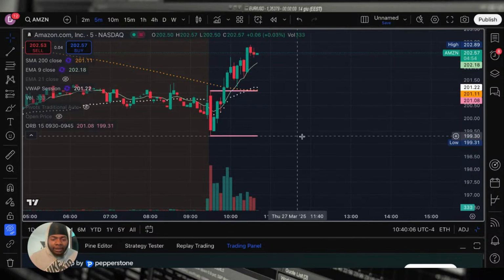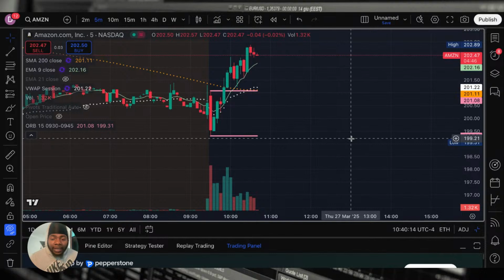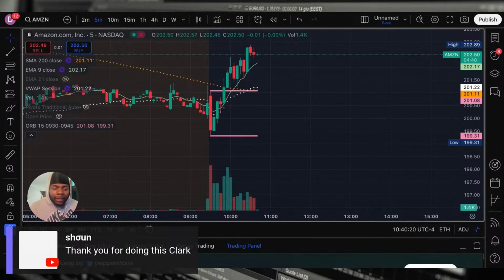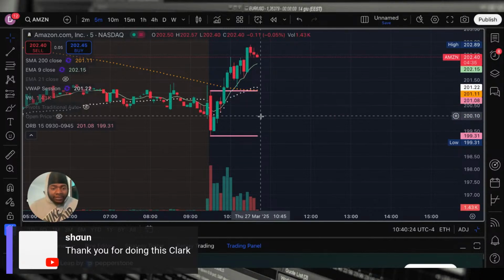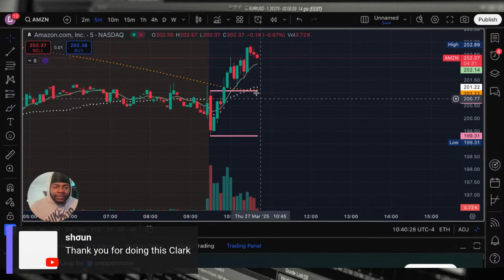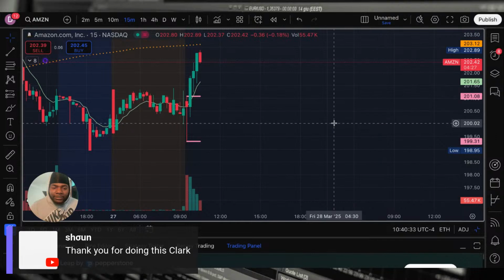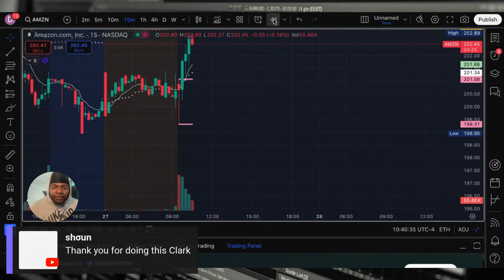If I'm scanning through my chart, I see these 2 pink candles. I'm like, all right, ORB is nothing but the open range breakout. You can use a 5-minute, a 10-minute, or a 15-minute. It matters, but I like to use the 15-minute. And my boy Eric, he likes to use the 5-minute. Hey, no problem. You can still hit on the 5-minute ORB, but the 15-minute ORB is nothing more than the top and the bottom of a 15-minute candle. So you see how we opened up right here? Let me rewind this.